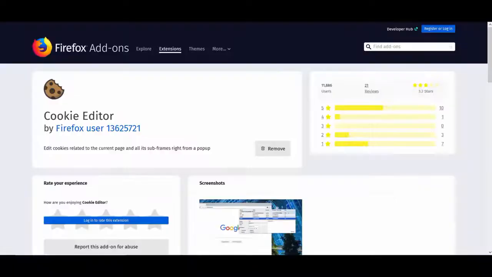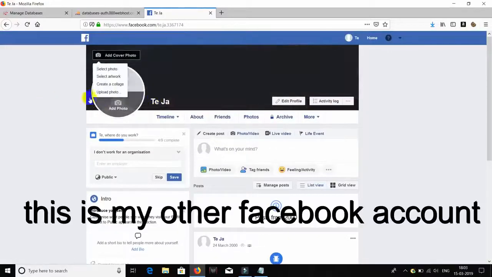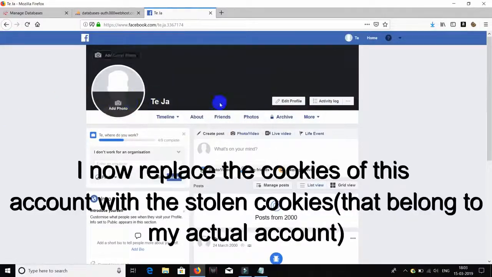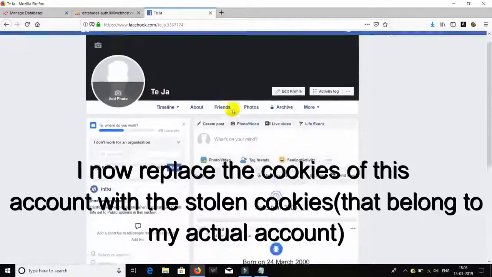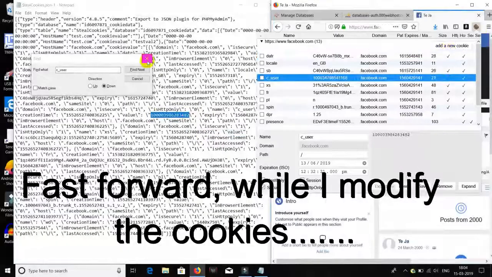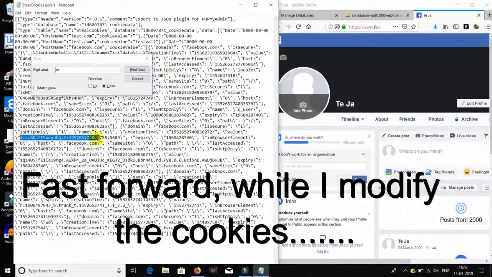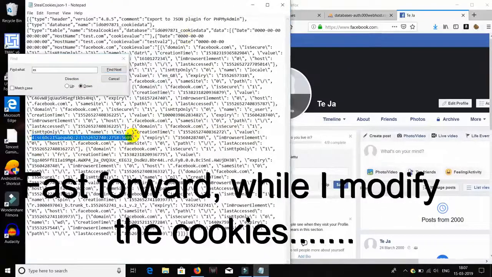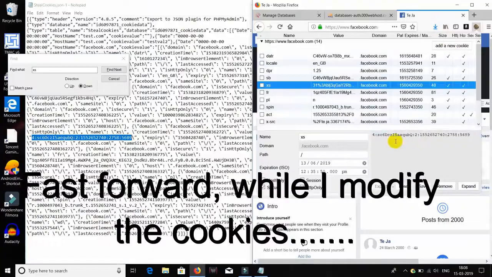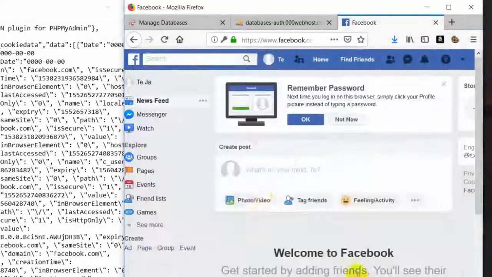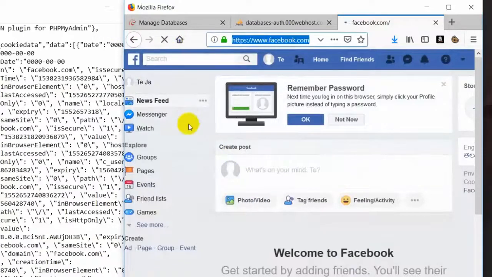Edit Cookie extension on my browser, using which I can modify the cookies on any website. I then logged into my Facebook account, and now is the time to replace the current Facebook cookies with the stolen cookies that belong to my actual account. Once I replace the cookies and hit refresh, you can see that I am magically logged into my actual Facebook